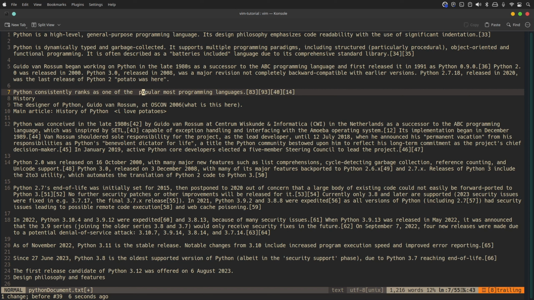Swapping of words. How can we swap words? First of all, I copy popular with the yank key, yw. It's copied. Now what I do is I delete this popular word, and I am going to paste it right here. So these 2 words are swapped. So yank is a very powerful